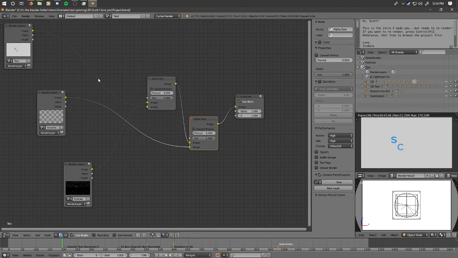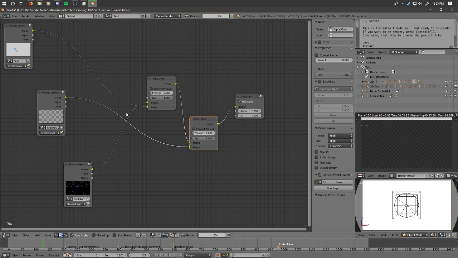Particles render up here. What? Alright, I'm just going to shoot through here. I'll just figure out how to pull this off.